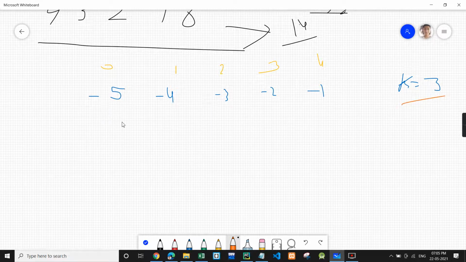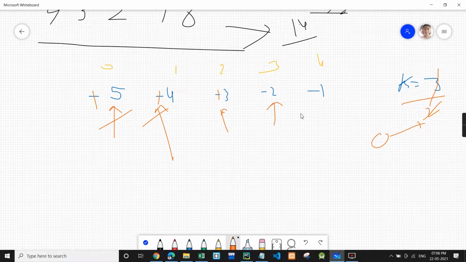So what we'll do is we'll come over here, right? We will see negative, good for us. We'll make it positive, decrease the value of k. This is also negative, make positive, decrease the value of k. Negative, make positive, decrease the value of k. And you will see when we come and we see k has become 0, right? We'll again come out of the loop. So in two cases we'll come out of the loop. One will be when we get a positive value, and secondly when the k value is 0.